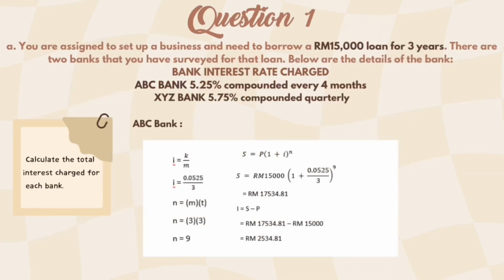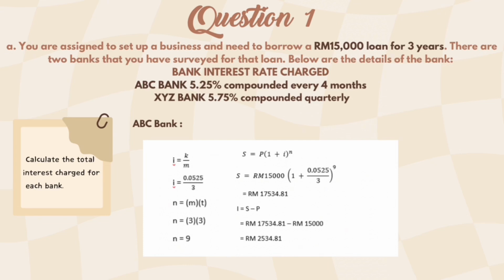Let's go through the step-by-step explanation on how to solve case study 1. We are comparing the total interest charged by both ABC Bank and XYZ Bank for a loan of 15,000 over 3 years computed quarterly. Let's start with ABC Bank. For ABC Bank, the annual interest rate is 0.525, but since the loan is computed quarterly, we divide the annual interest rate by 3 to get the interest per quarter. So it is 0.525 divided by 3 equal